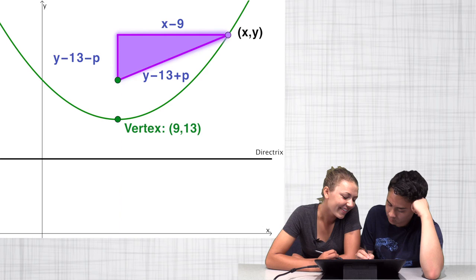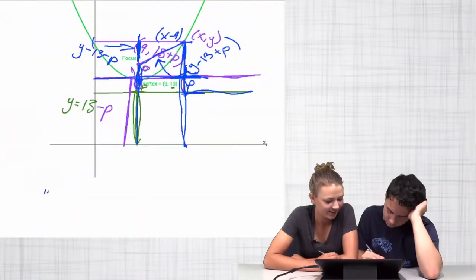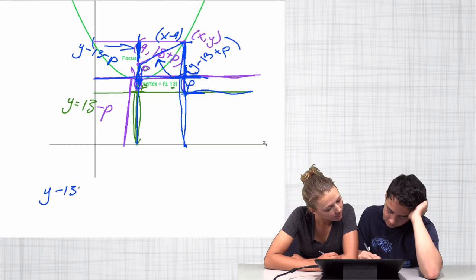Next, Sasha and Keoni substitute the lengths of the three sides of their right triangle into the Pythagorean theorem. Go ahead and write down the